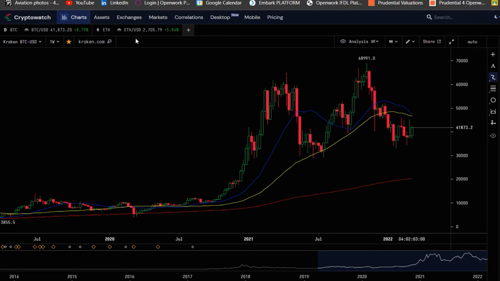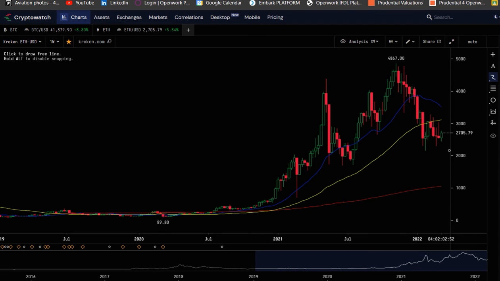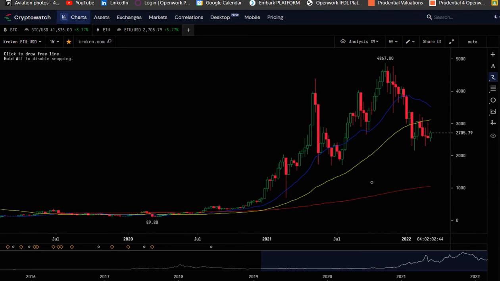Let's take a look at Ethereum. So this is the weekly chart. Again, we're below the moving averages, although the 50 MA is still pointing upwards. We are forming bearish consolidation underneath it. And this week, again, this is the weekly chart, we've barely made a move. So we are still in that sideways range, notwithstanding today's up day.